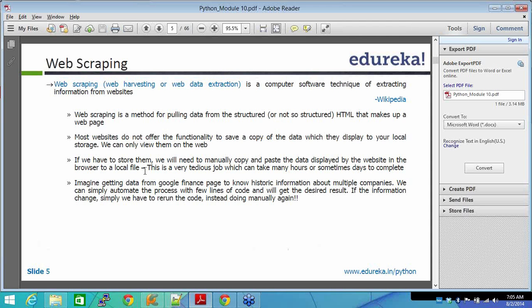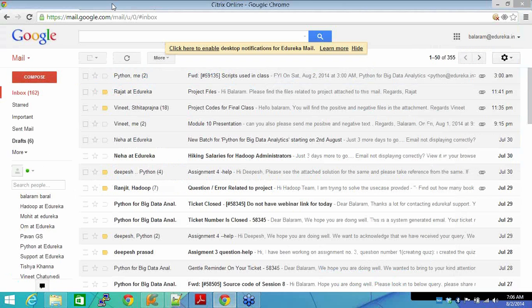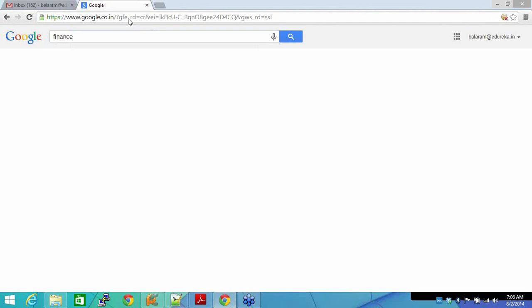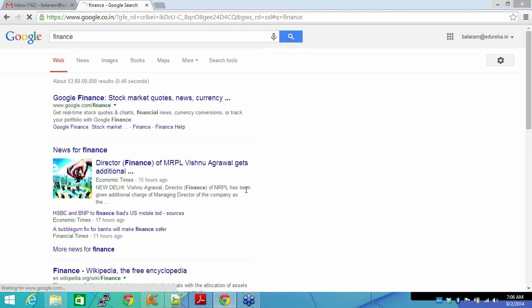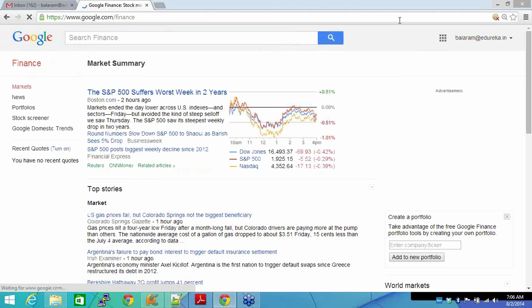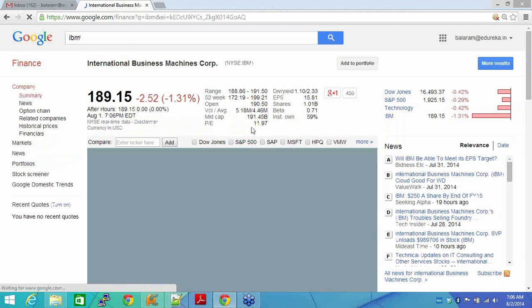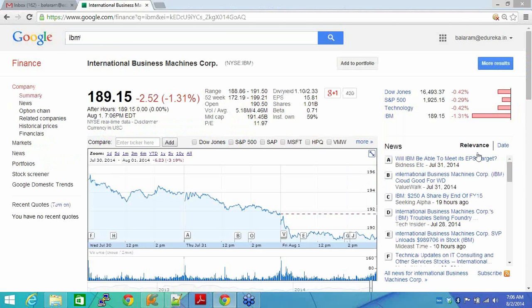So what's web scraping? It's a computer software technique of extracting information from websites, right? Now, for example, let's go to google.com, okay, and then I type finance. Here, right? See, this is one kind of web scraping. I can go and say, let's say, for example, IBM. And then you see all this information, right? I can scrape this. Or another example would be